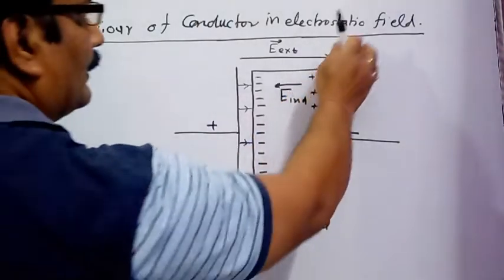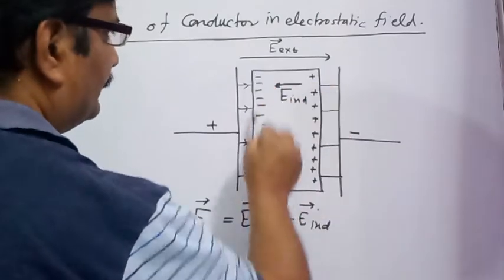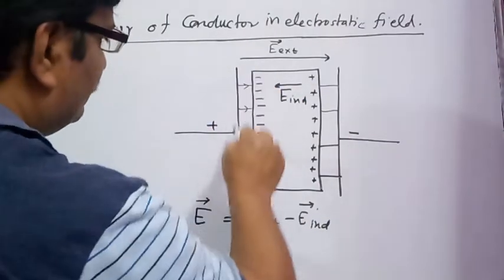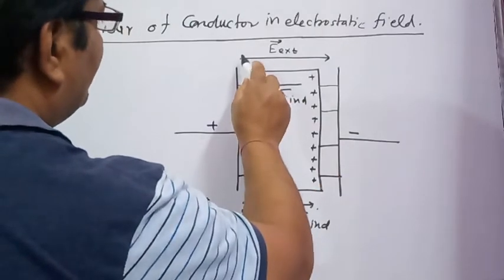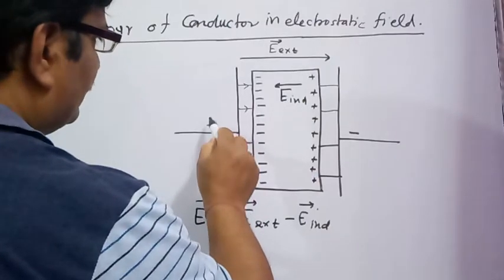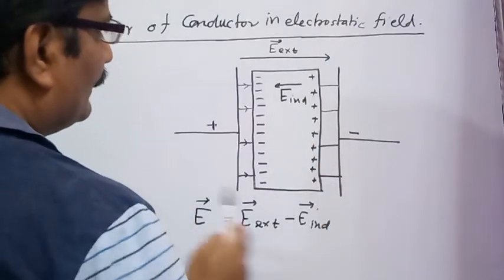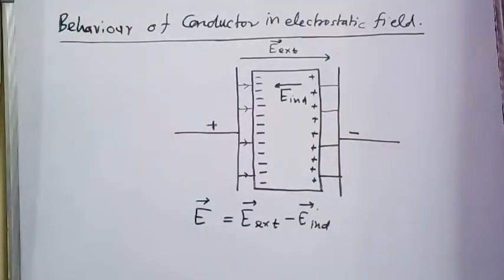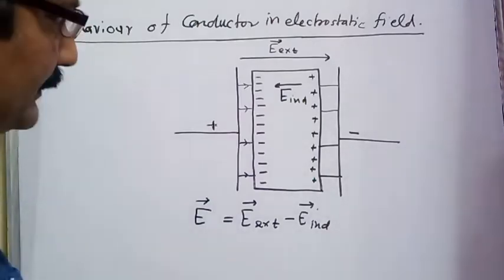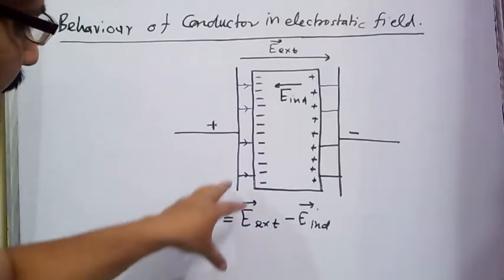Suppose a conducting slab is placed inside an external electric field. The external electric field is applied with the help of these two charged plates, the positively charged plate to the left of the figure, and the negatively charged plate to the right. As we know, in a conductor, free electrons are the charge carriers. A conductor conducts electric current due to free movement of the free electrons on application of the external field.